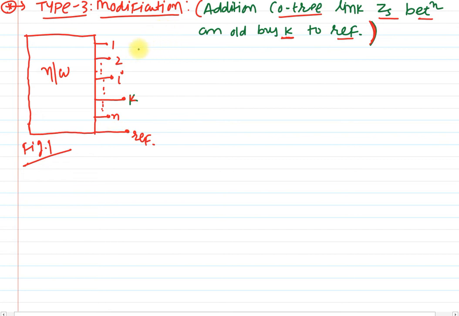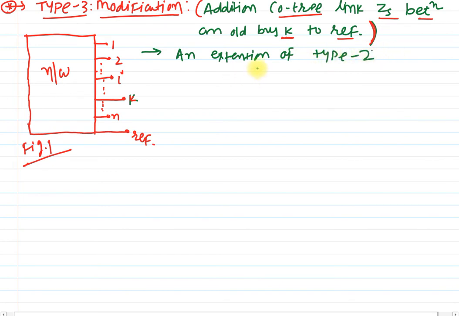But before drawing any change into the network, let me say one thing. The type 3 modification is considered as an extension of type 2 modification.